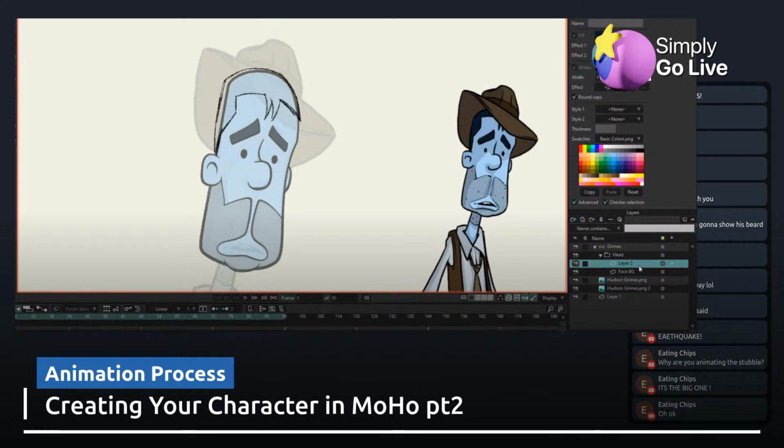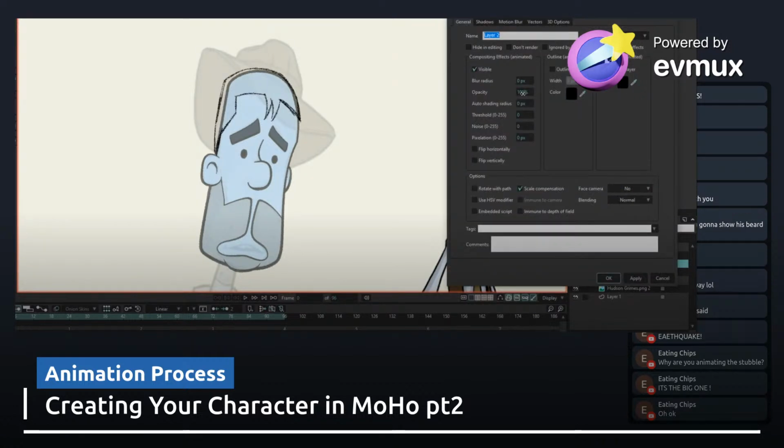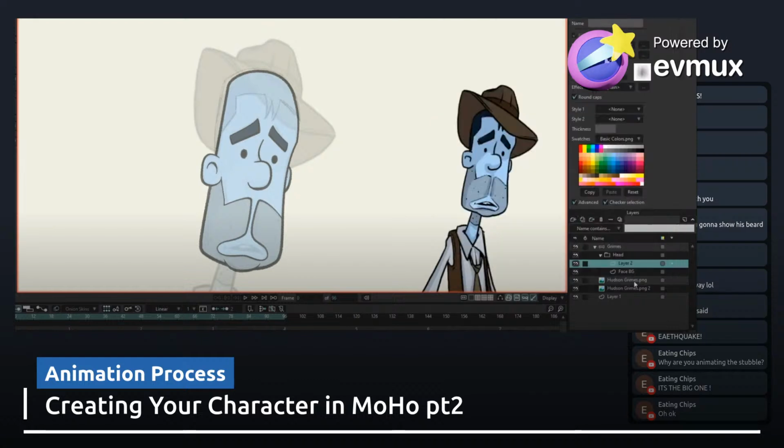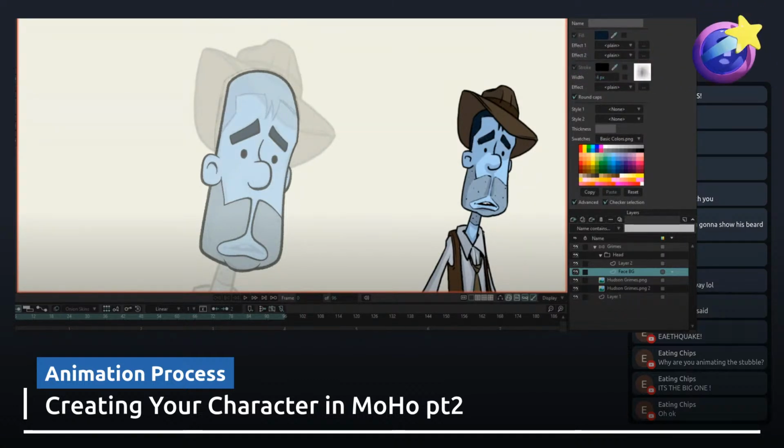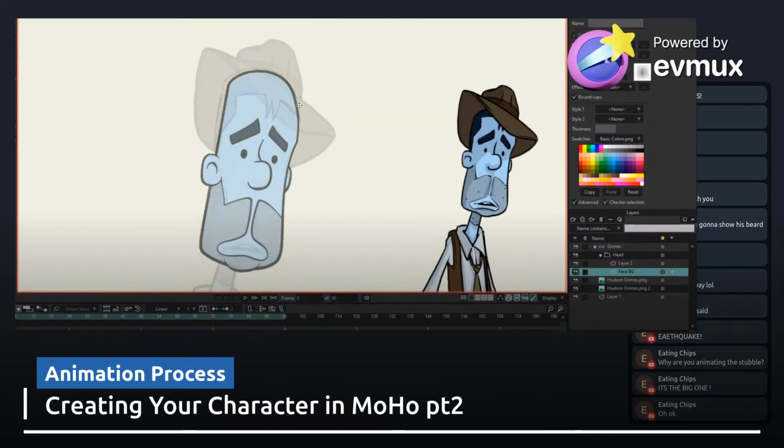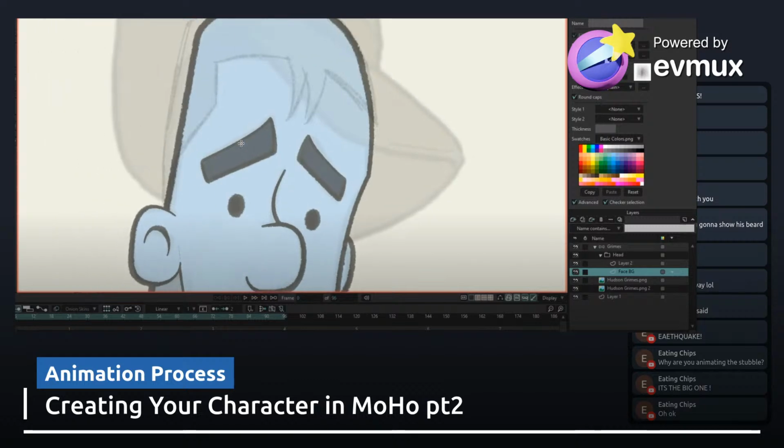All right, so now I'm going to take that and I'll lower that opacity. And I got this up by just double clicking the layer it's on. So I'm going to lower that opacity. Oh, here, I see. Layer 2. Yep, hit OK. Now I'm going back to my face BG layer because all these are on one layer. I've got my color chosen, my stroke. I'm going to do multi-stroke. I got auto stroke and auto fill on. And go back to my freehand drawing tool, which I'm at. And let's get going.